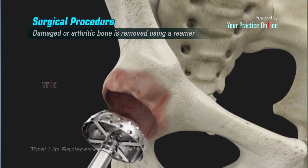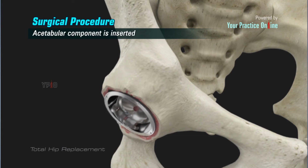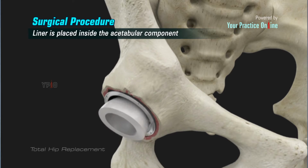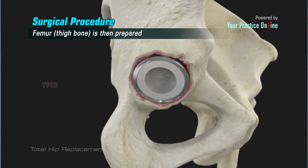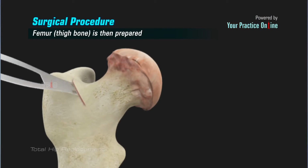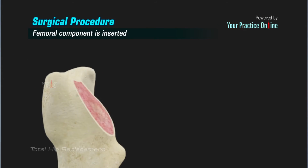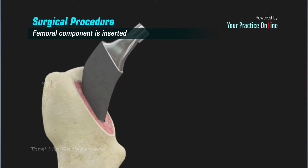a reamer. The acetabular component is inserted into the socket using screws or occasionally bone cement. A liner made of plastic, ceramic, or metal is placed inside the acetabular component. The femur or thigh bone is then prepared by removing the arthritic bone using special instruments to exactly fit the new metal femoral component. The femoral component is then inserted to the femur either by a press fit or using